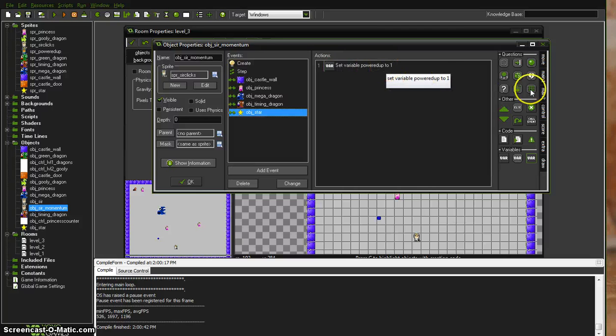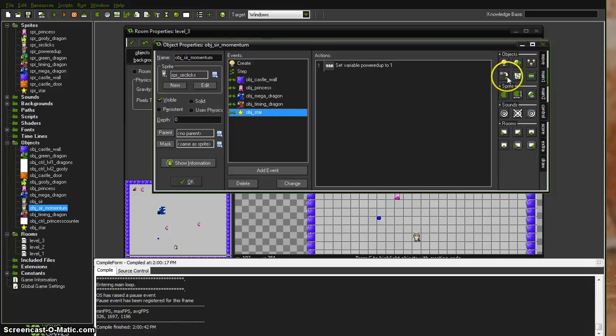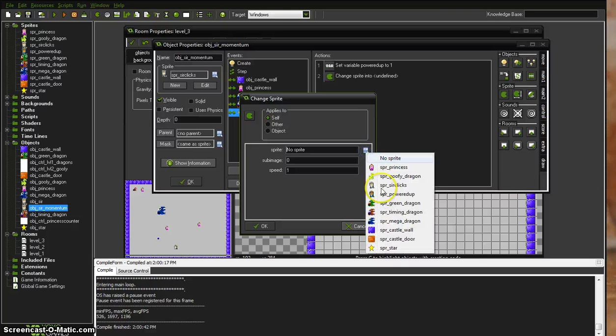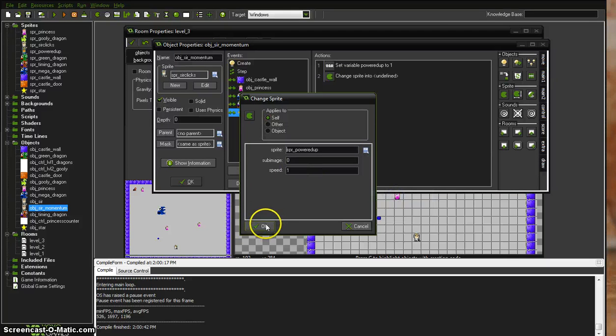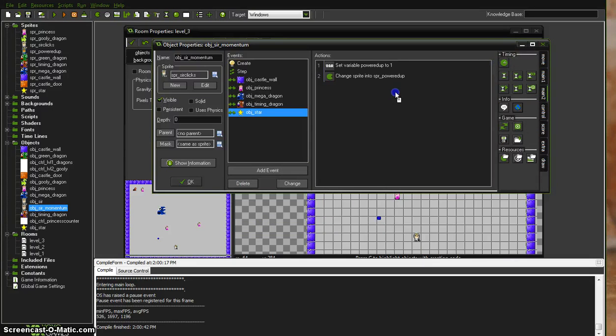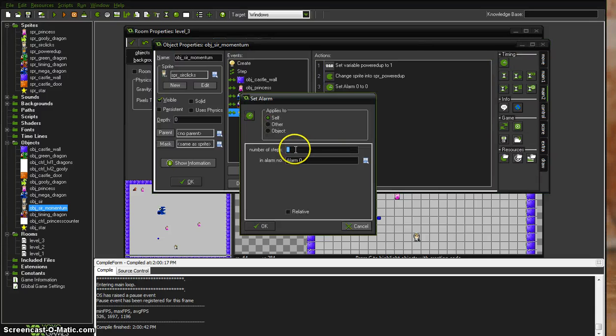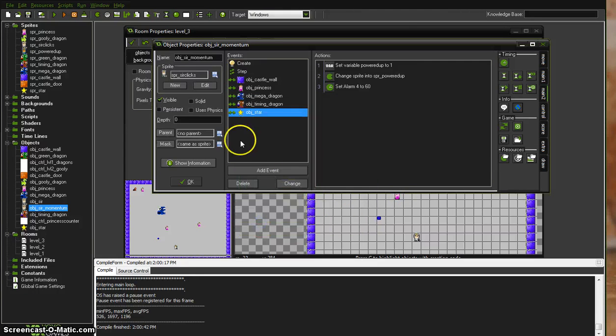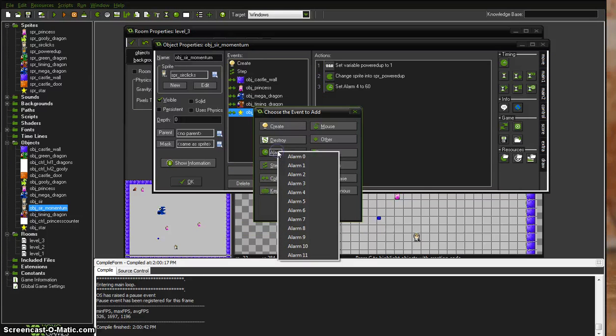So the game will know he's powered up, but you also want to tell the user he's powered up. So we want to change his sprite at that time to sprite powered up. Excellent. And power-ups don't typically last forever, so we're going to set an alarm that will then turn it off. So let's say 60 steps, which is 2 seconds, and I'm going to arbitrarily pick alarm 4. Set the alarm so when that alarm goes off,